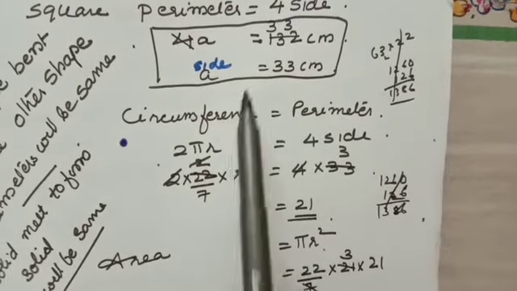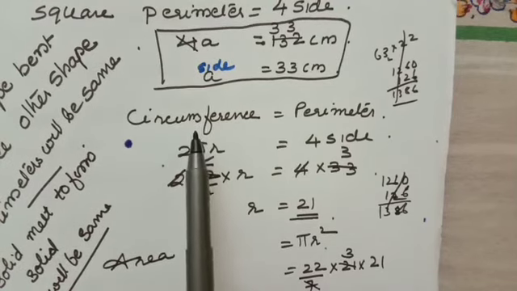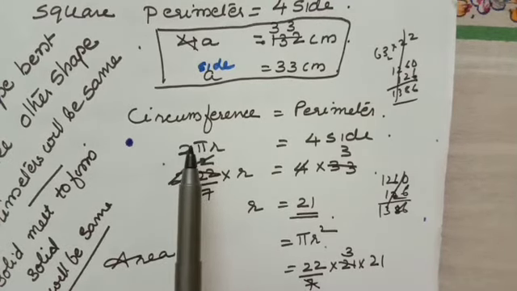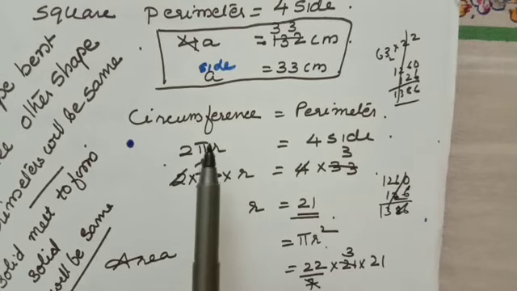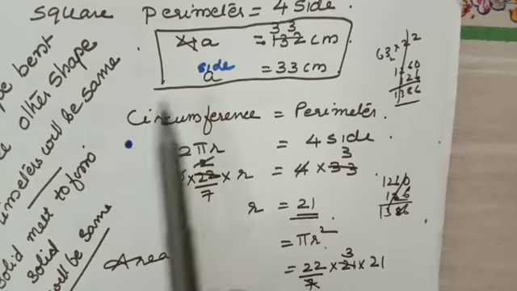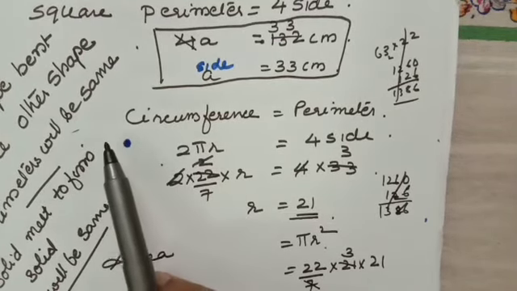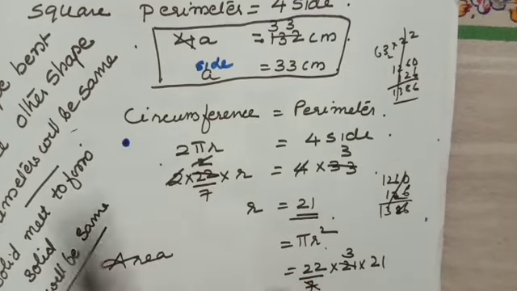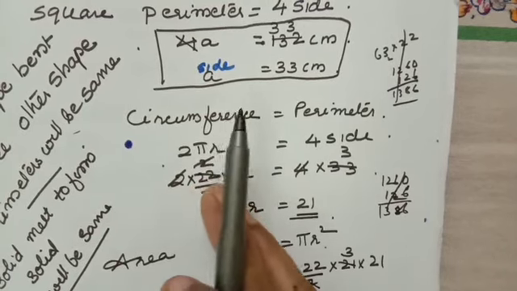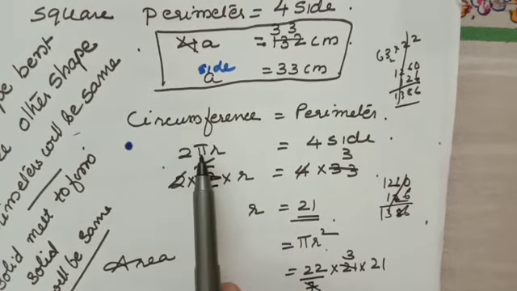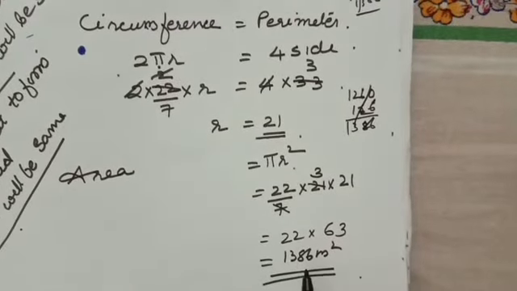Why? Because the same thing is made into one circle. The same thing, that thing only is bent in the shape of a circle. As I told you in the previous problem also, one wire is making two things, so the perimeter or circumference of both things will be the same. So circumference 2 pi r equal to 4 into side. You put the value, you will get